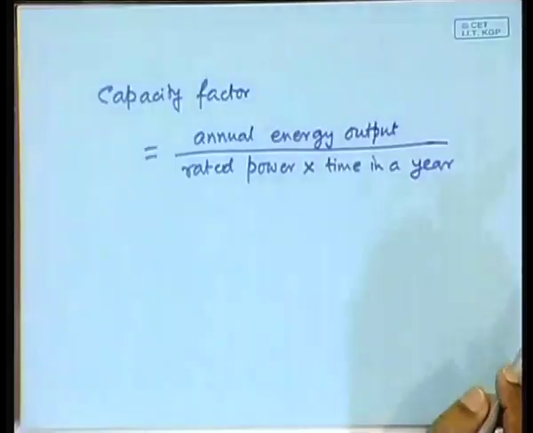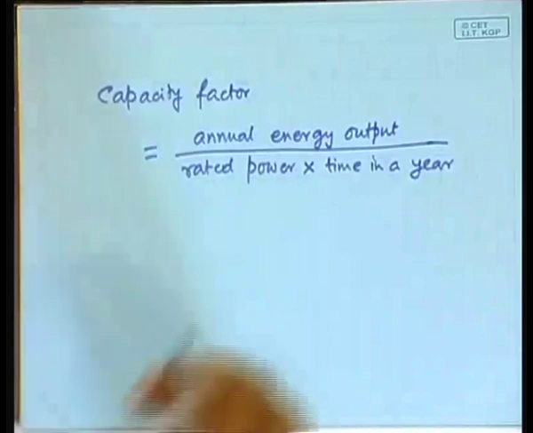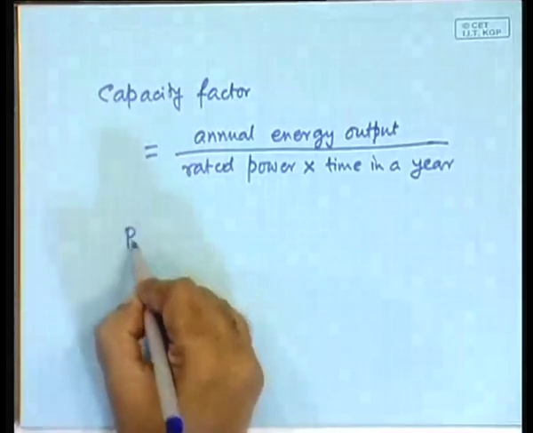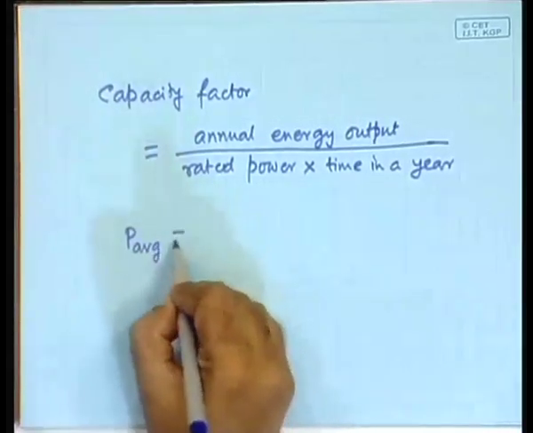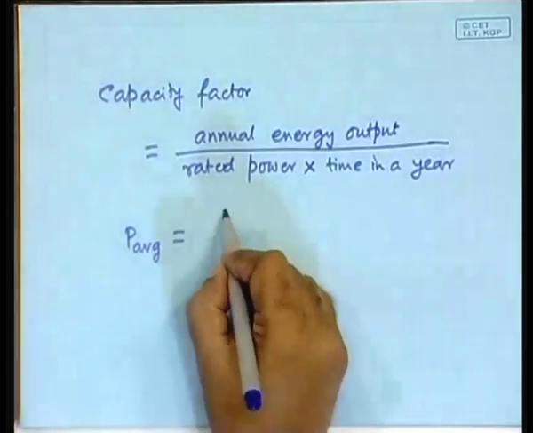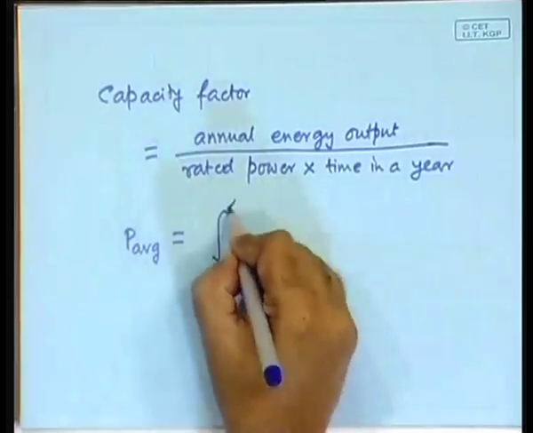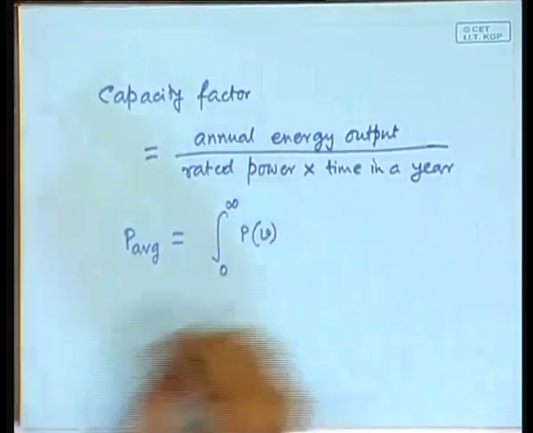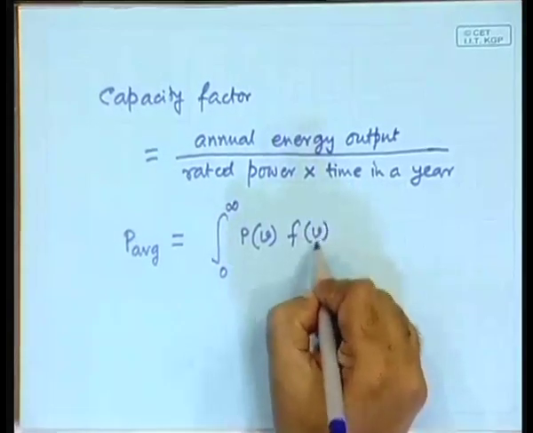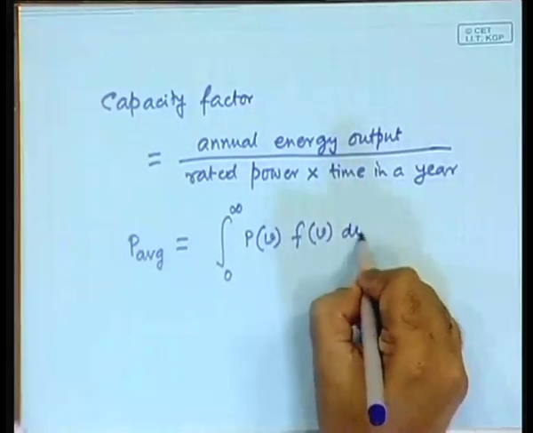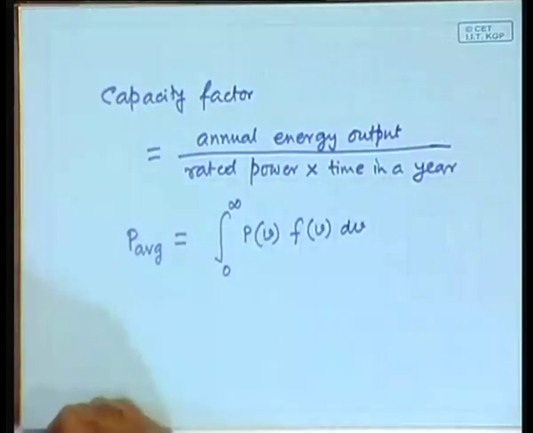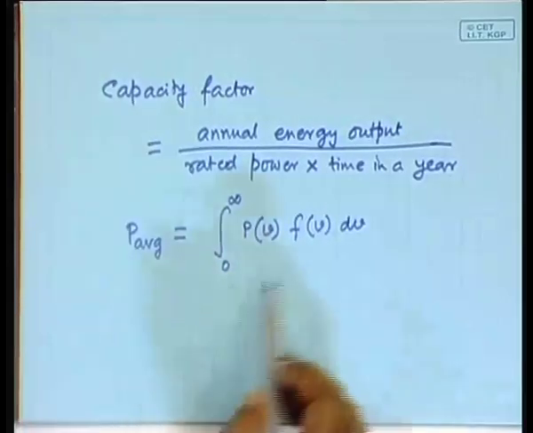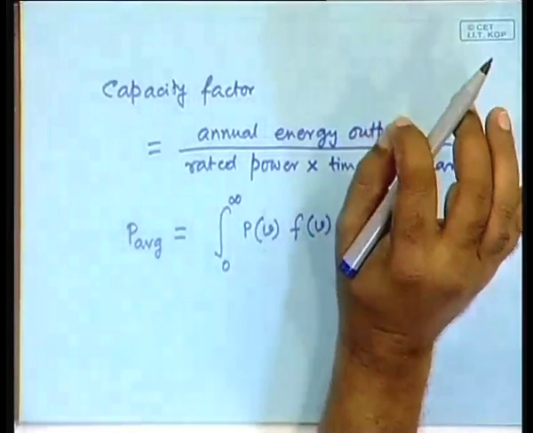Now it will not be difficult to see that the numerator, the average power that is generated, P average, will be the integral of power as a function of the wind speed times the probability distribution of wind speed, right. This integral normally is to be obtained graphically, as I showed,